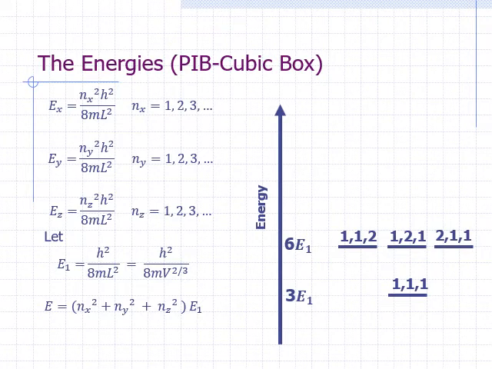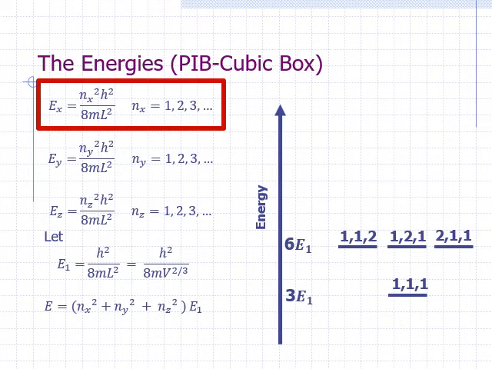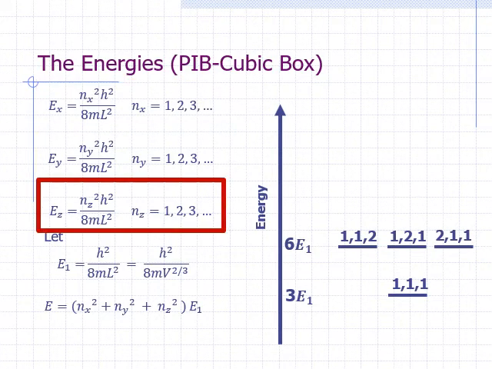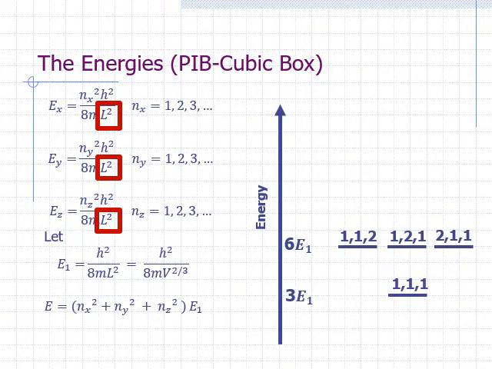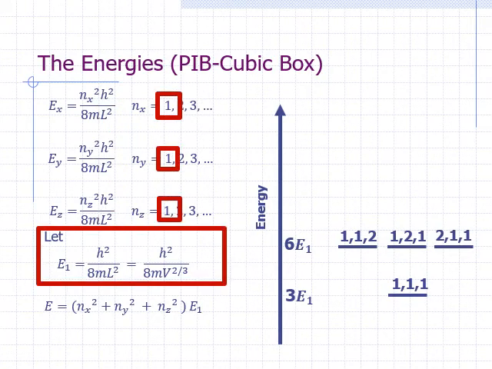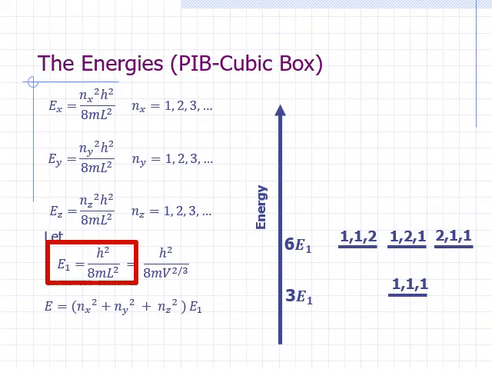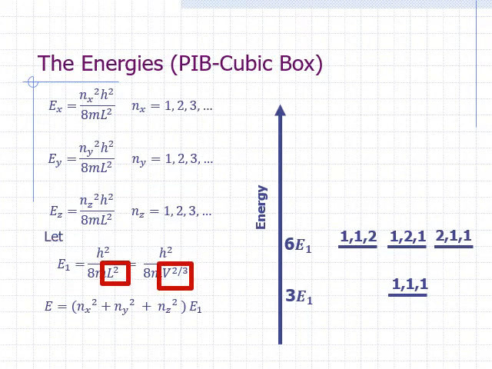The energy for a cubic box will be the sum of E sub x, E sub y, and E sub z, where we use the same length in the formulas for all three. The lowest possible value will be the same for E sub x, E sub y, and E sub z. That would be when the corresponding quantum number is 1. Let's call this lowest possible value E sub 1, which is h squared over 8mL squared, or h squared over 8mV to the power 2 over 3, where V is the volume. Since the volume of a cube is L cubed, we can also say that L squared is equal to volume raised to the power 2/3.